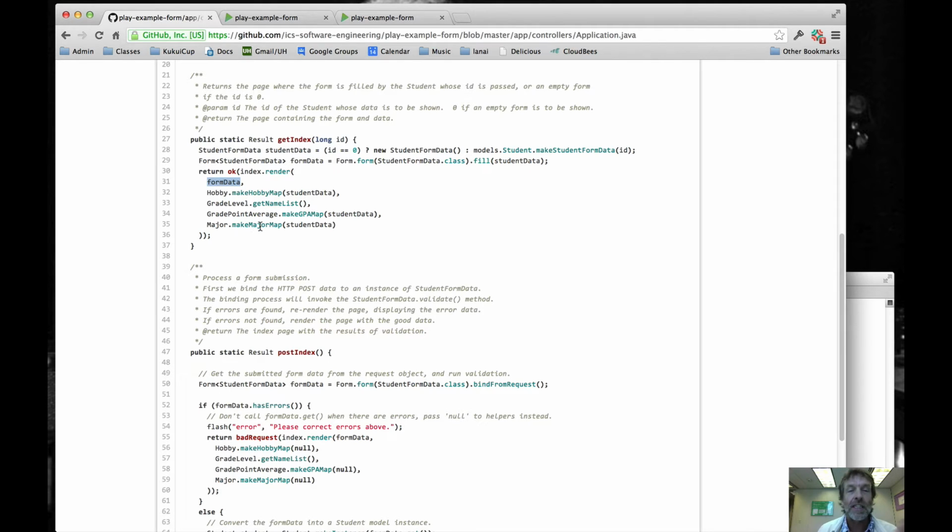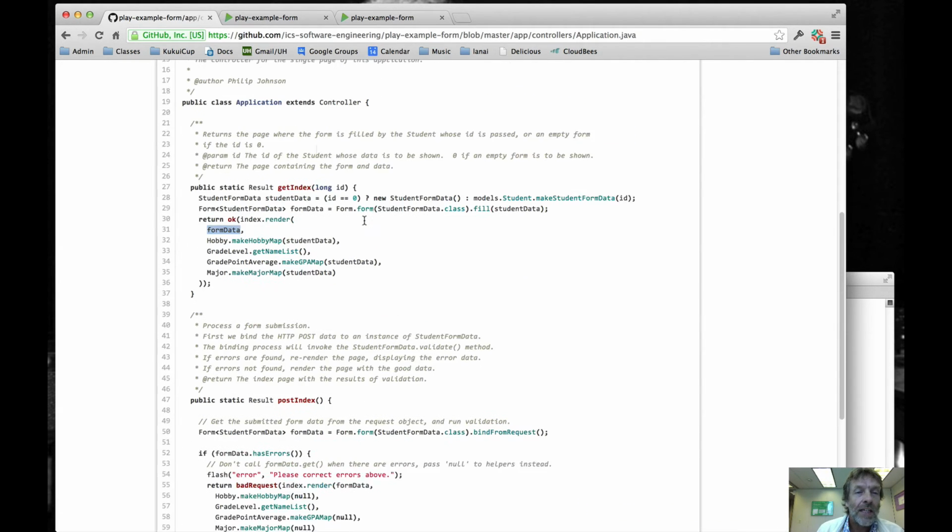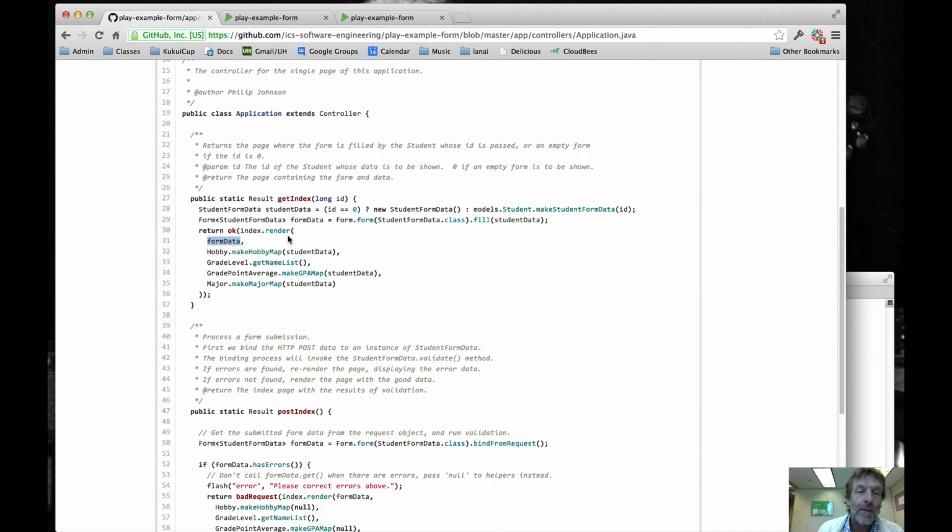And finally, with majors, again, you can have one or more majors. We're going to have this map of information. In the case of values where you can have multiple, like make hobby map or make major map, we're actually going to return a mapping of values from the student to the actual entity. Okay? So that's how we actually display a form, either without data, with empty data, or with the data associated